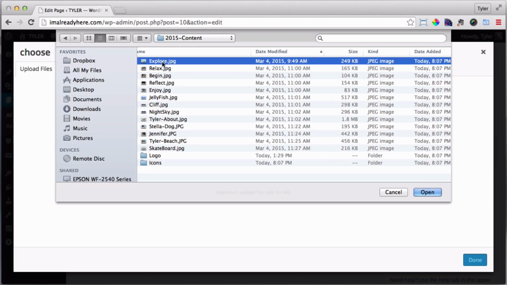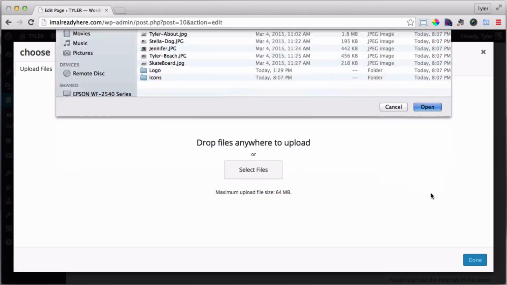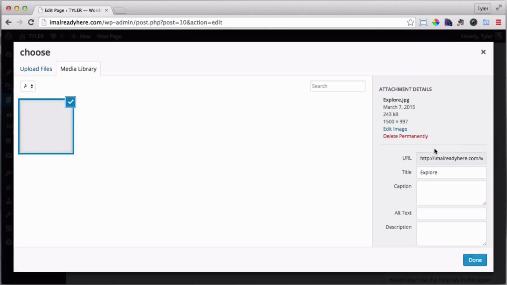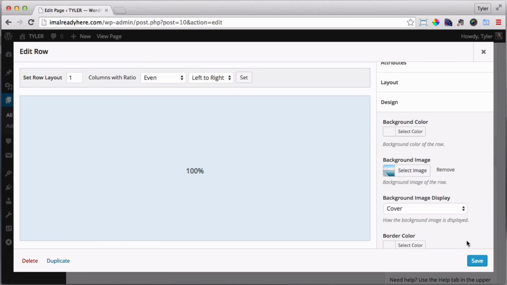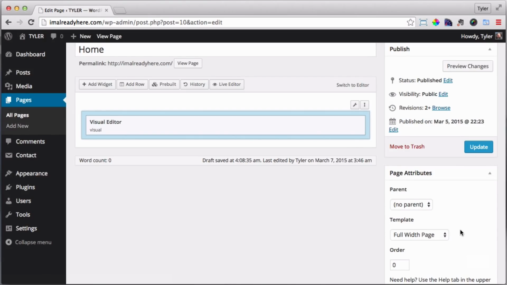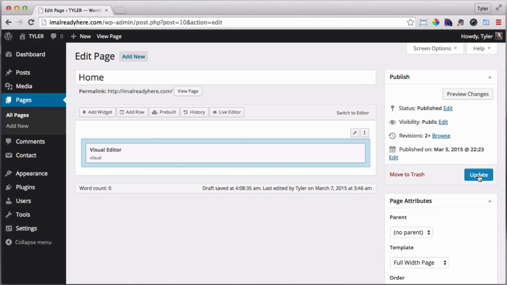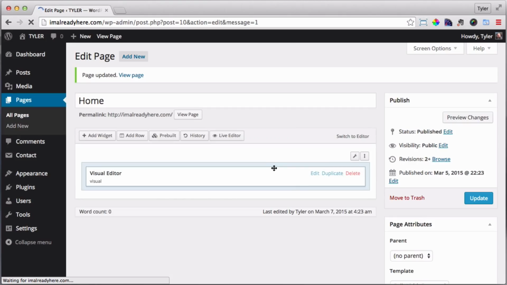And we're going to upload the explore.jpg and press open, wait for it to upload, and press done. Then we're going to press save, and we're going to press update. So now we should have a beautiful background on our home page, but if we view the page, we're not going to see it. So I'm going to click View Page,